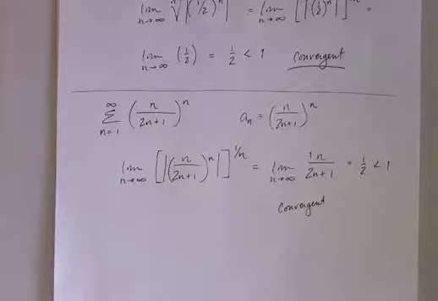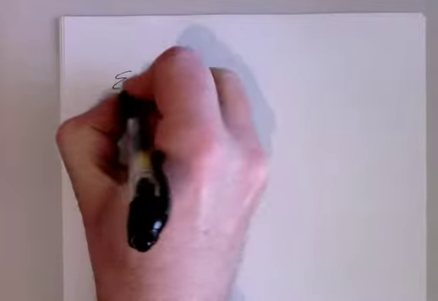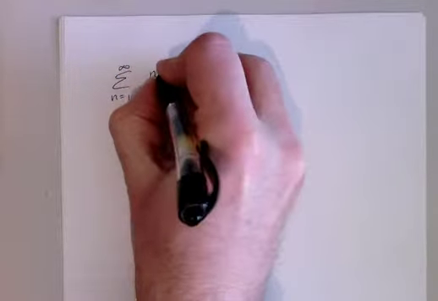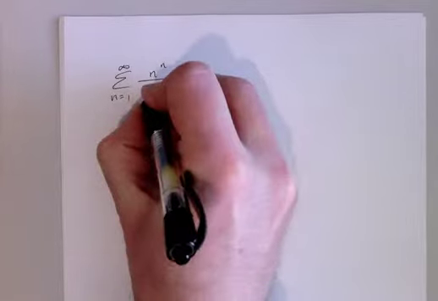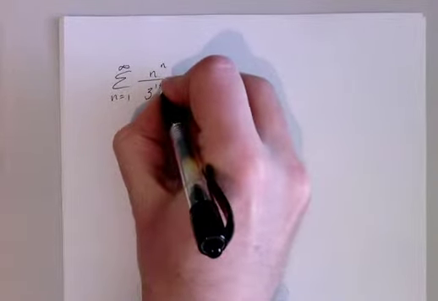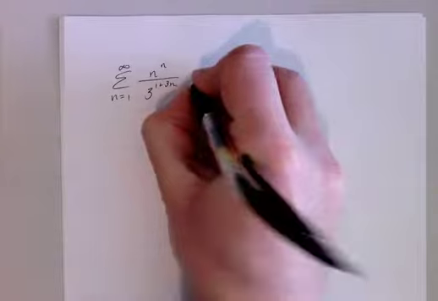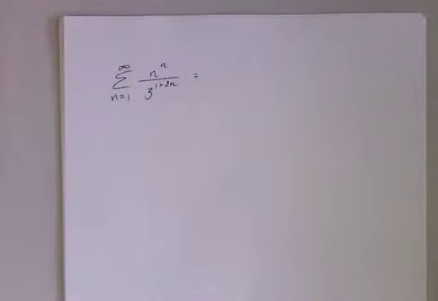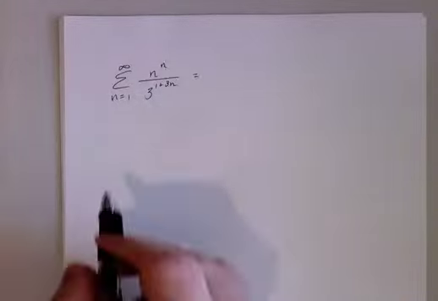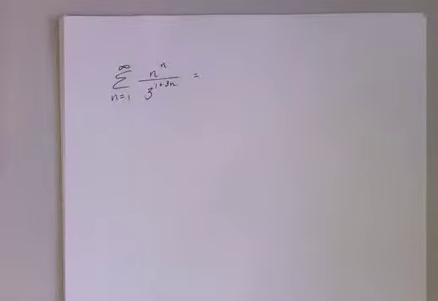Okay? Now, let's go ahead and do one that is maybe a little bit more robust. How about the sum from n equals 1 to infinity of n to the n over 3 to the 1 plus 3n. Okay? And there are 1,000 different ones like this in every single textbook, so they just sort of mix up the numbers in there. It's 2 to the 1 plus 5n or whatever on the denominator, but they all sort